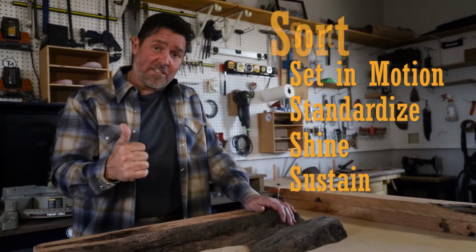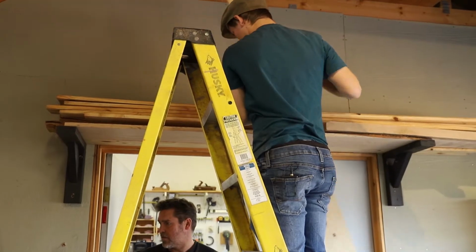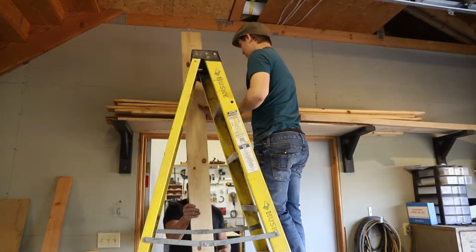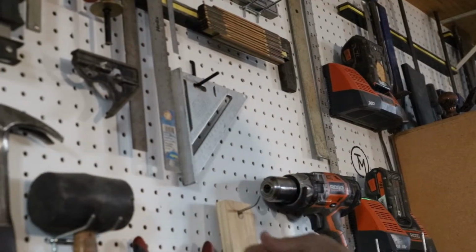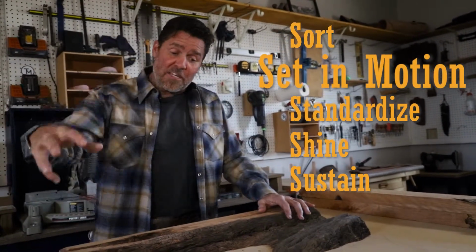Starting with sort, what does that mean? That means go through your workspace, your area, your shop. Anything in that station or that area that doesn't need to be there and is not in current use goes away. The next thing you do is you set in motion, and what that means is you set your areas